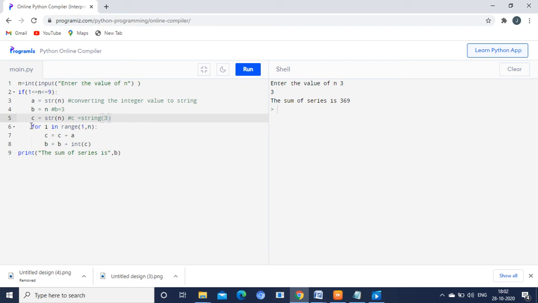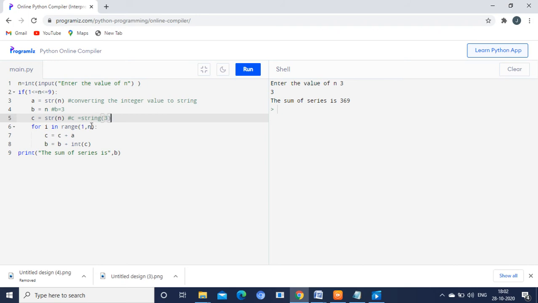The sixth line indicates the for loop, for i in range 1 to n. So this loop will execute from 1 till n minus 1. Range you know very well. Range is nothing but between the maximum number, that is, between 1 to n, it will execute the loop. For i in range 1 comma n, the meaning of that is, this loop is going to execute for 2 times only. n minus 1 times this loop will be executed. That is what I am mentioning: range will exclude the maximum number.